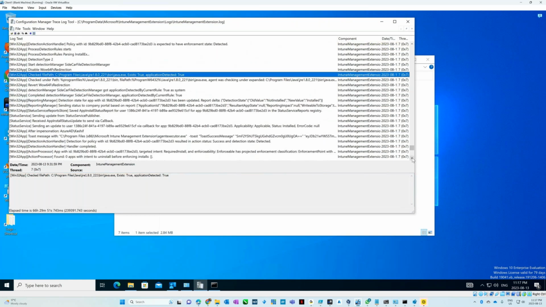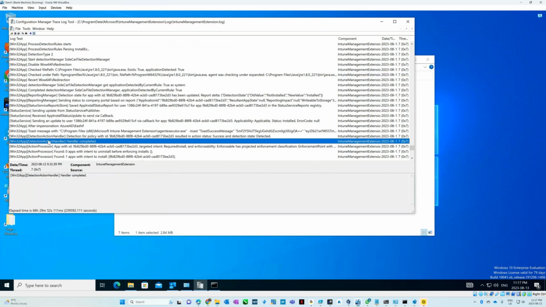Now it shows handler completed. So the application was installed successfully, and then it got detected as well. So there are multiple phases. Basically, the phase number one is